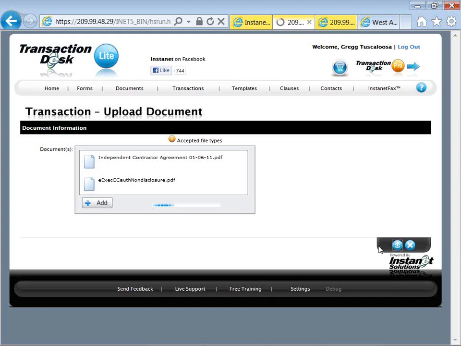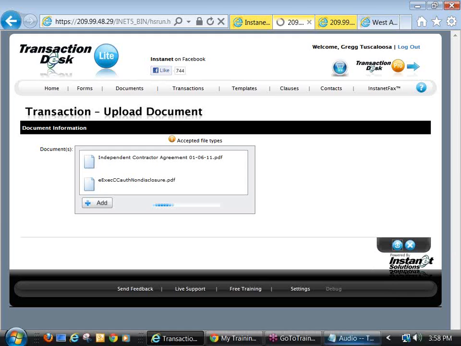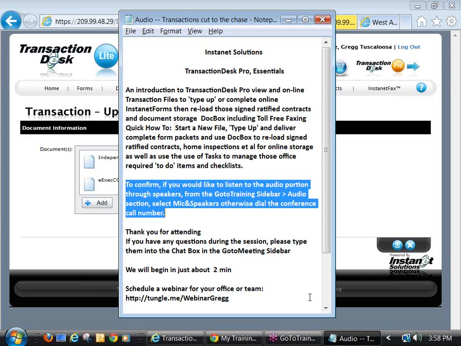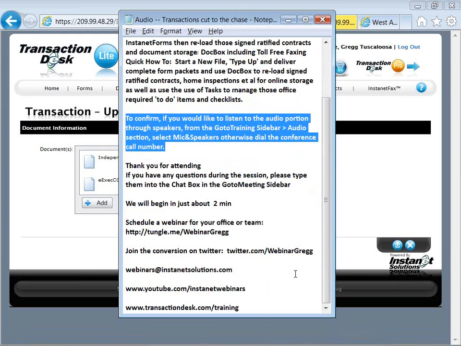We'll be very mindful of everybody's time; we're rolling right up to that hour mark, allowing these documents to load. I think that independent contractor agreement was a larger file. Probably should have skipped that one. They'll load up, and once they do, maybe while it goes on here, I'll reload this audio message to start discussing